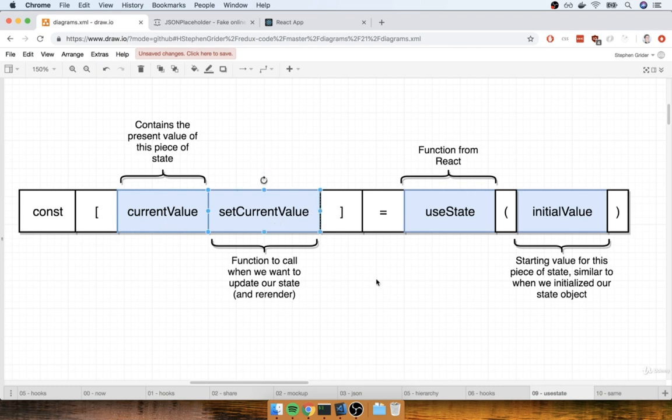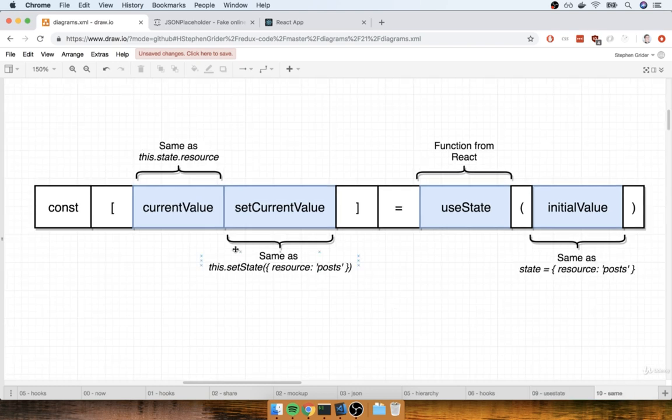The second element inside that array is going to be a setter function. It's a function that allows us to update the value of this piece of state. It's equivalent to calling setState inside of a function-based component. Now on the right-hand side, we've got the useState function, and then inside there, we provided an initial value for this piece of state. Now this entire line right here has some very close analogies to the component level state inside of a class that you are already very familiar with.